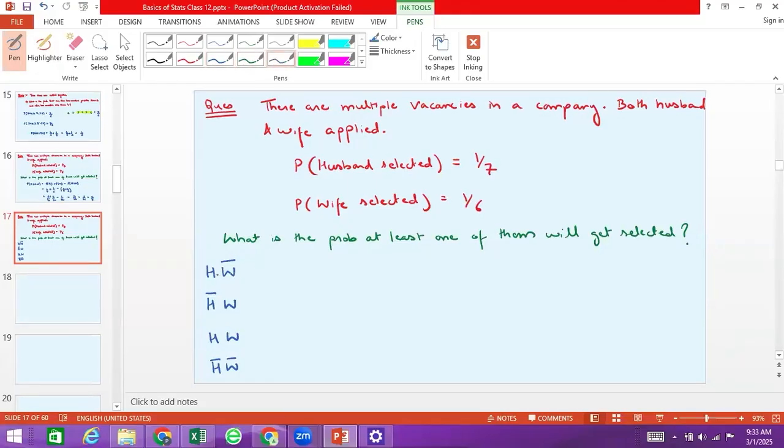Okay, so what is the possibility that husband will get selected and wife will not get selected? 1 by 7 into 1 minus 1 by 6, which is 5 by 6. Yeah, exactly. Probability of husband not getting selected will be 6 by 7 multiplied by wife getting selected 1 by 6. Husband and wife both getting selected, 1 by 7 multiplied by 1 by 6. Both not getting selected,